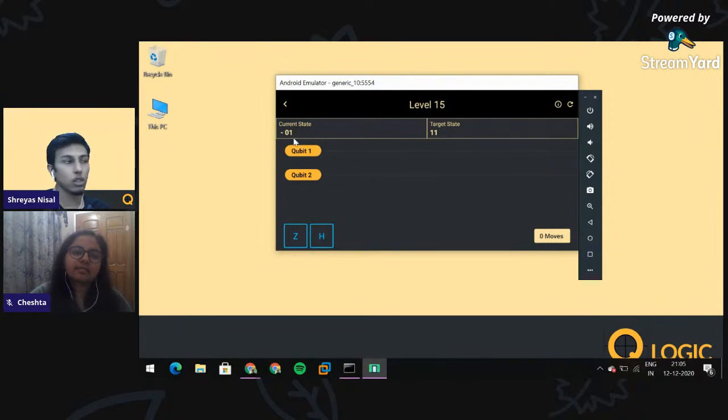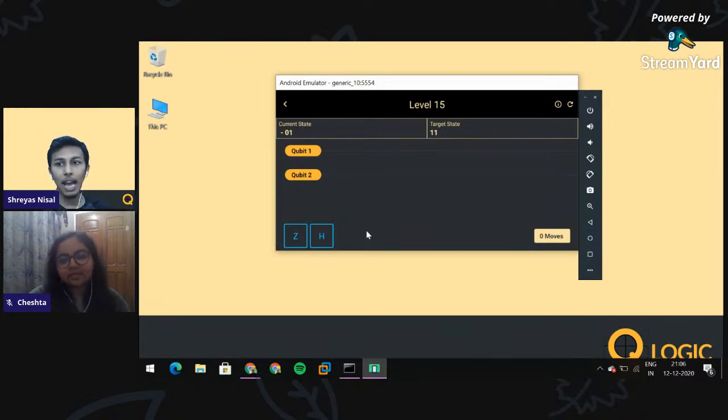Now my aim is to convert a 0 1 to a minus 0 1 to a 1 1. And as far as I'm concerned, the most intuitive way to do this is to apply an X gate to the first qubit, followed by a Z gate to the first qubit. That should do it. But then I realized that here I don't have the X gate at all. So what we have done is, in a lot of levels, we have removed the most intuitive gate that you would think about. So now what you have to do is think of how you can use the H and the Z gates to